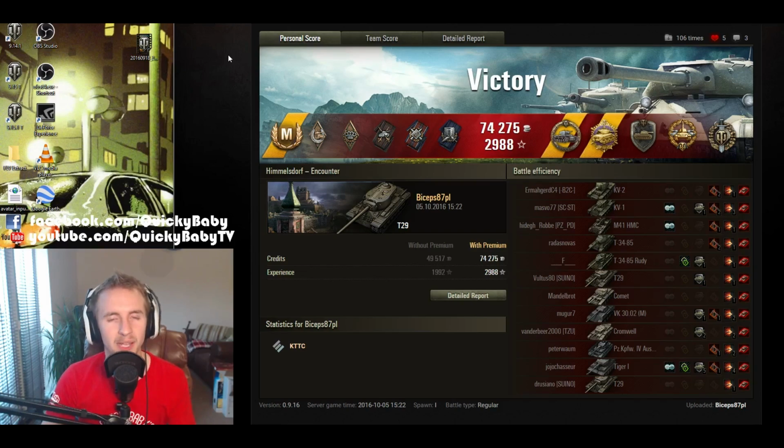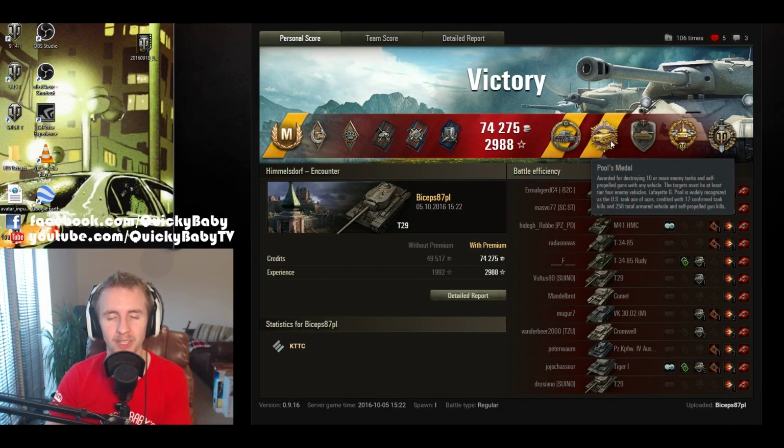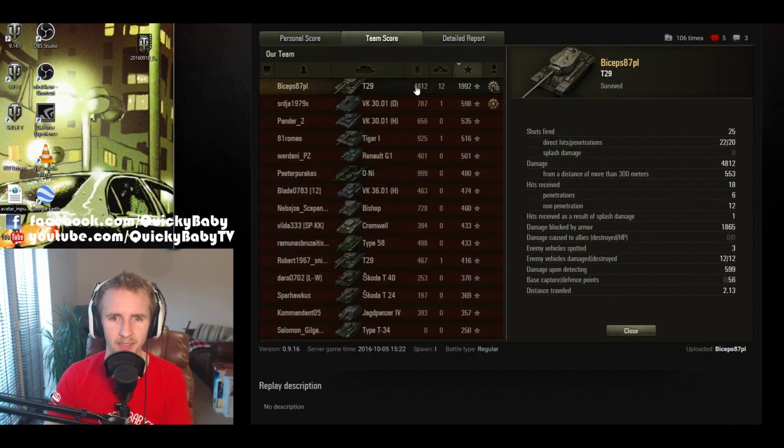This is your ticket to being able to penetrate the T29 with pretty much any tier 5 tank with its standard ammunition. So Biceps picks up a plethora of hero medals, the one that everyone wants, the Kolobanov's medal for standing alone against at least 5 opponents, in this case 6. He also gets the Pool's medal for his 12 kills, a Steel Wall medal, and what kind of a Steel Wall medal was this? Well, not the best,